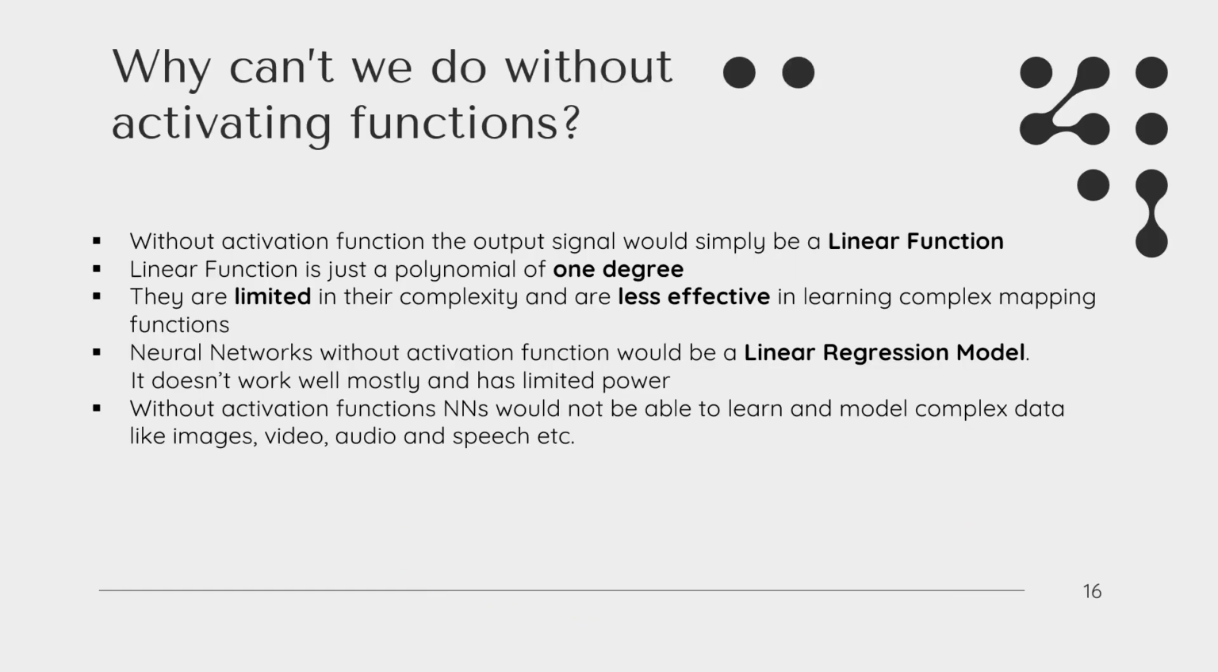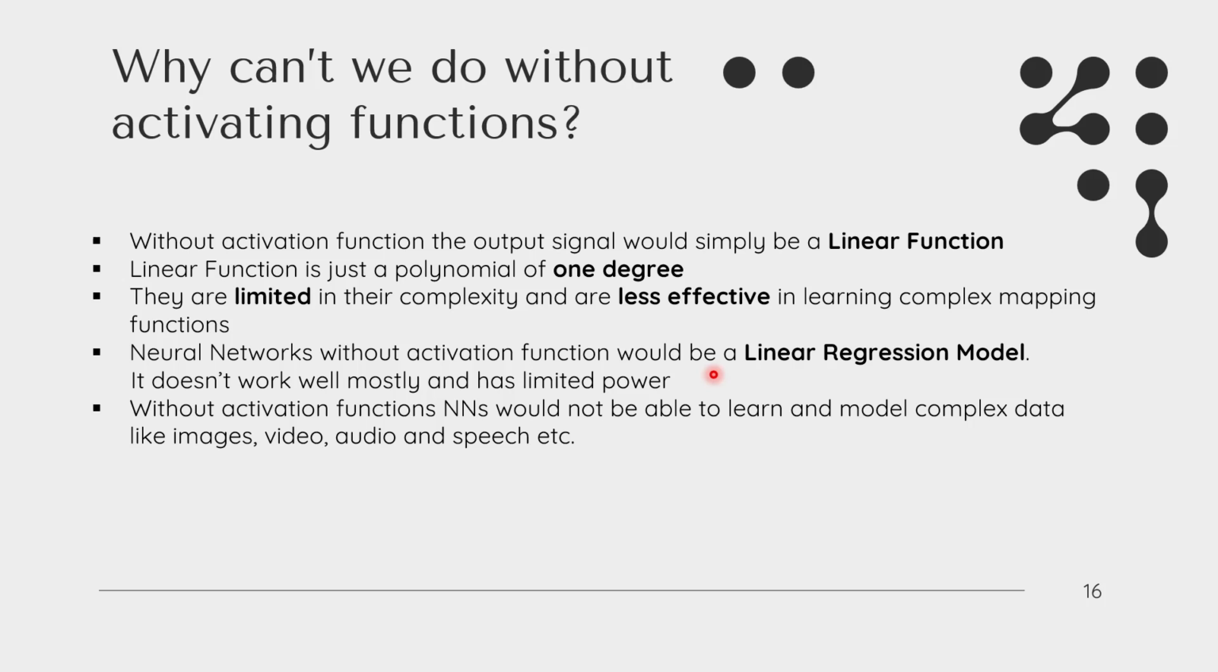So why can't we do without activation functions? Without activation functions, our output will be just a simple linear function like I explained in the previous slide. The linear function is just a polynomial of 1 degree, and they're limited in their capacity and are less effective in learning complex mapping models. Neural networks without activation function would just be a linear regression model, and they don't work well in most of the cases,